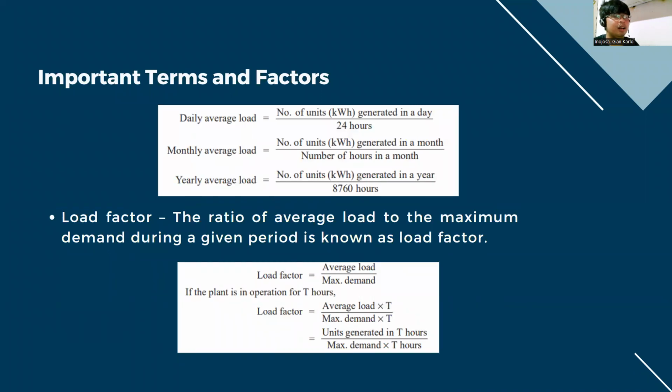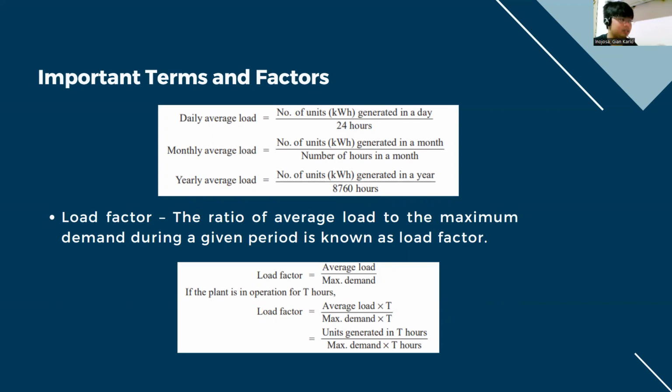So for the formulas, daily average load is equals to number of units in kilowatt-hours generated in a day over 24 hours. Monthly average load is equals to number of units in kilowatt-hours generated in a month over the number of hours in a month. Yearly average load is equals to number of units in kilowatt-hours generated in a year over, meron tayong